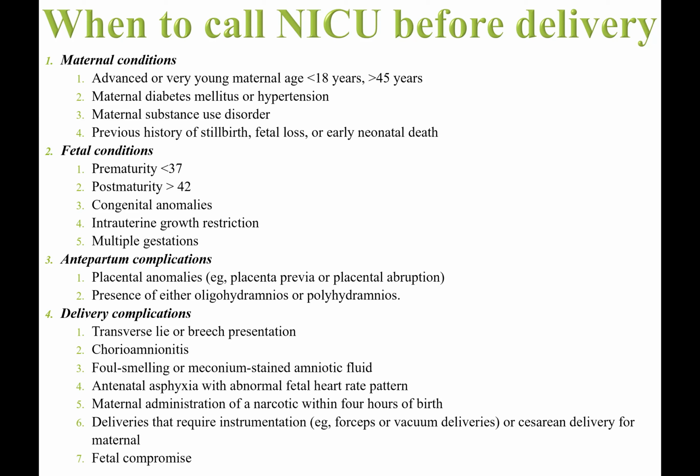But there are also fetal conditions. If the baby is less than 37 weeks, that means even 36 plus 5 days, the ICU team has to be there. If the baby is more than 42 weeks, an ICU has to be here. Any suspected malformation, or even after delivery you see malformation, an ICU team has to attend. If the birth weight is less than 2.4, if it's twins or more, if there are placental anomalies such as placenta previa or abruptio placentae, if there is oligohydramnios or polyhydramnios, if there is a delivery complication such as transverse lie or a breech, if the mother has chorioamnionitis, and chorioamnionitis means the mother has a fever, uterine tenderness, leukocytosis, foul smelling liquor,